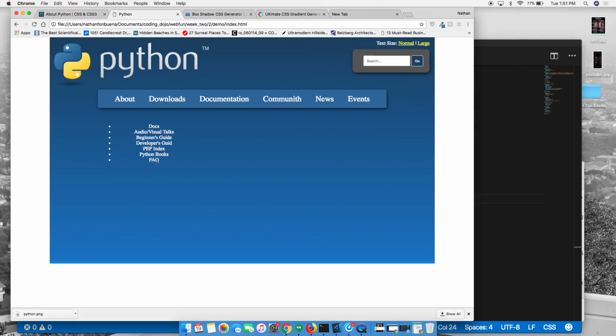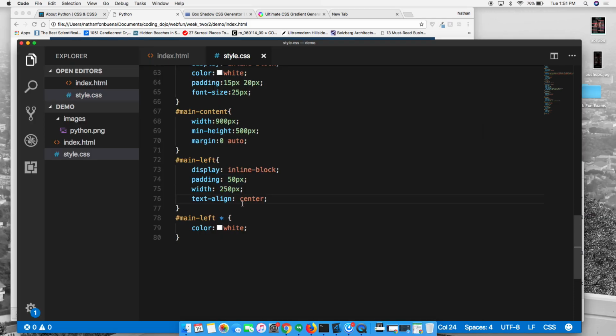So we said everything centered out. Now this is one of those annoying things where even though we center the text, the bullet isn't going to follow it. Okay, so in this scenario, I'm actually just going to say main left UL